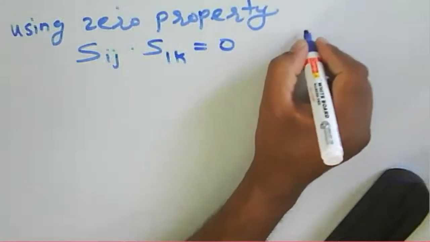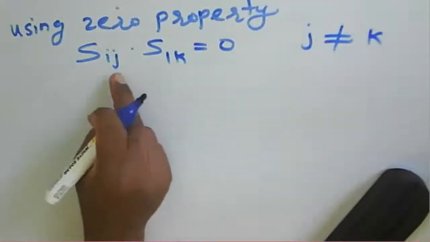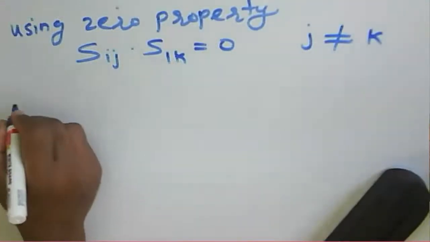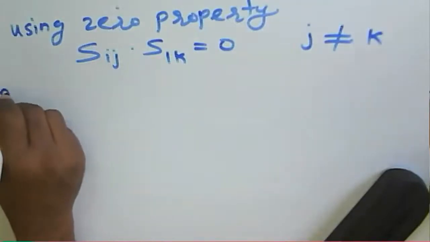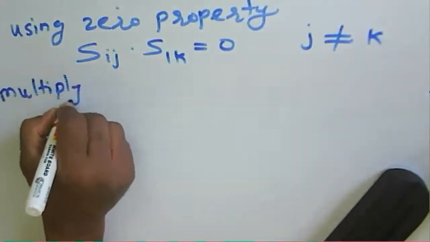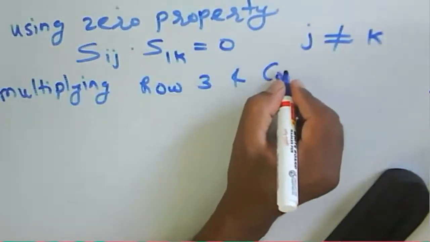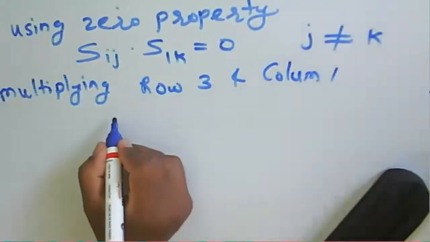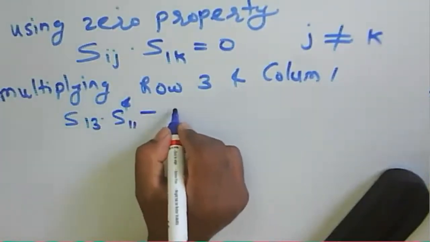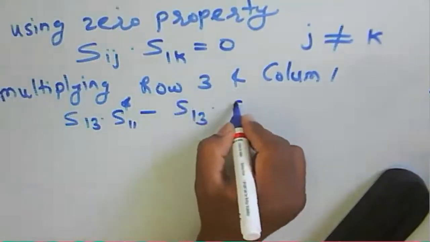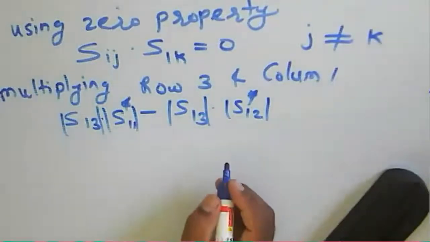Where we can say that J is not equal to K. So multiplying, let's say, row 3 and column 1 here. So you can say S13 into the complex conjugate of S11, plus S13 into the complex conjugate of S12, is equal to,